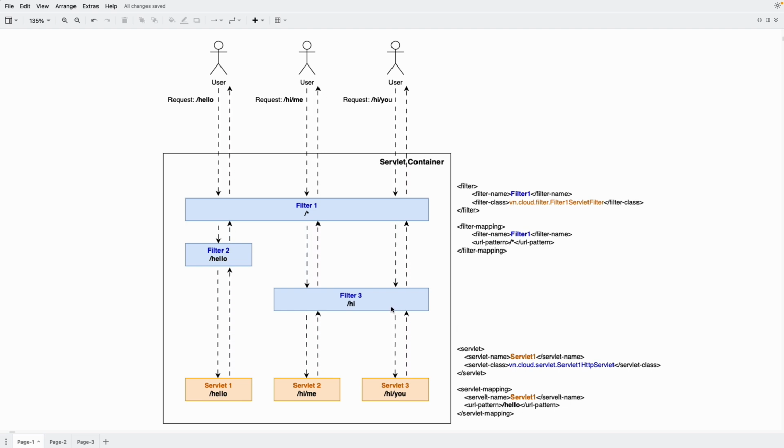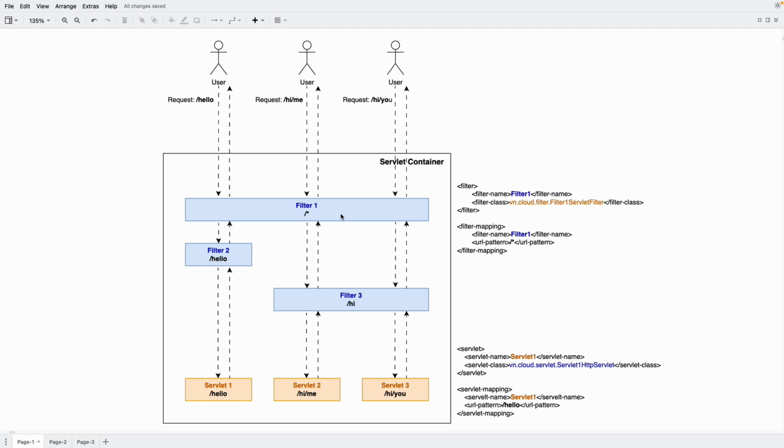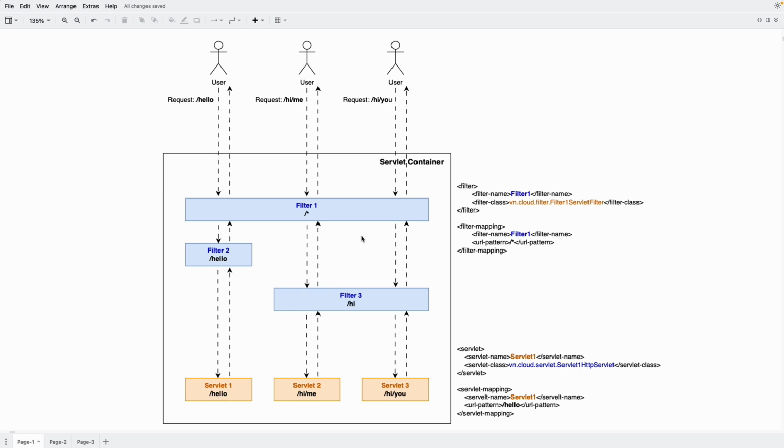So basically, Servlet is where business logic happens, and filters are where our cross-cutting concern logic happens. That's why most authentication and authorization are implemented in filters, and Spring Security's Servlet support is based on Servlet Filter as well. Another thing that we can see here is we can dynamically set up our filters and servlets